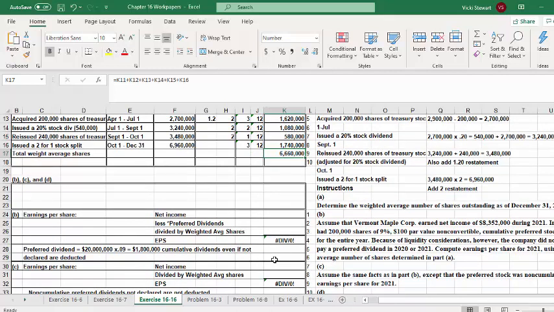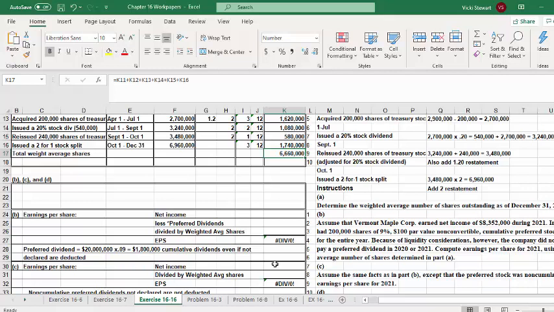And it says, assume that Vermont Maple Corporation earned net income of $8,352,000 during 2021. In addition, it had 200,000 shares of 9%, $100 par value, non-convertible, cumulative preferred stock outstanding for the year. Because of liquidity considerations, however, the company did not declare or pay a preferred dividend in 2020 or 2021, and it states compute earnings per share for 2021 using the weighted average number of shares that we determined